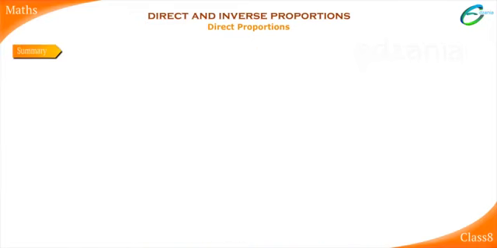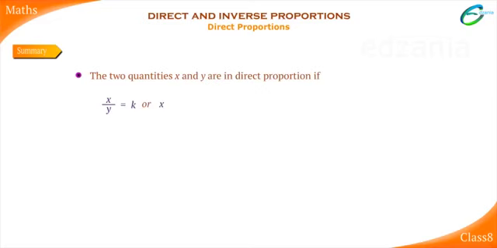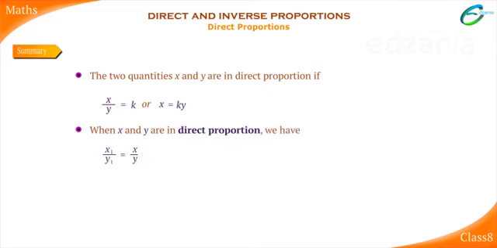Summary. The two quantities x and y are in direct proportion if x by y is equal to k, or x is equal to k into y. When x and y are in direct proportion, we have x1 over y1 is equal to x2 over y2, where y1 and y2 are values of y corresponding